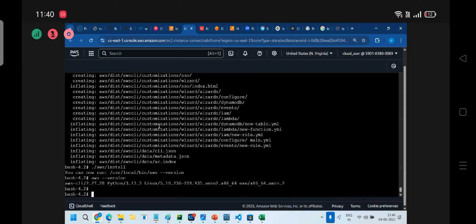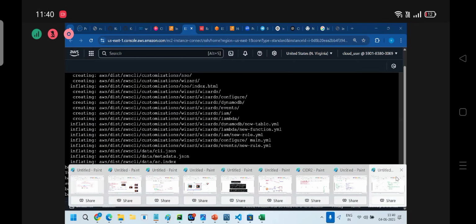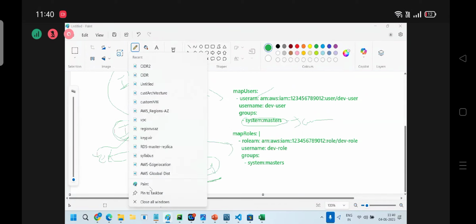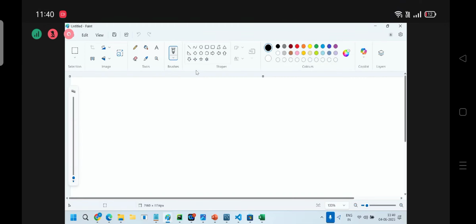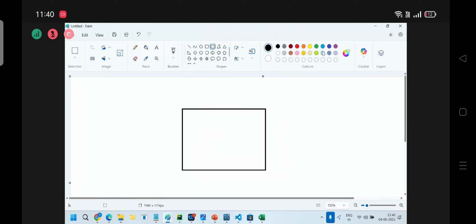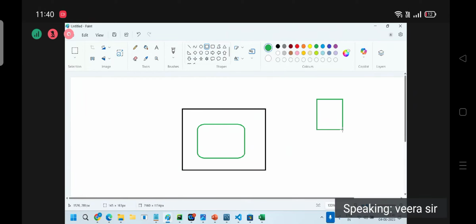Now, aws s3 ls. Can I run it inside the pod? So that means this is my node, inside the pod. This is the S3 bucket. If I run aws s3 ls,